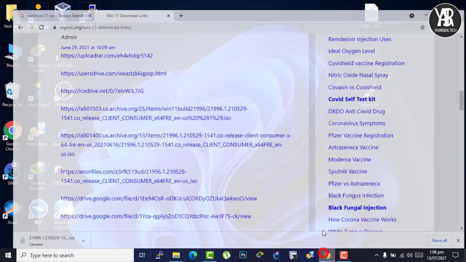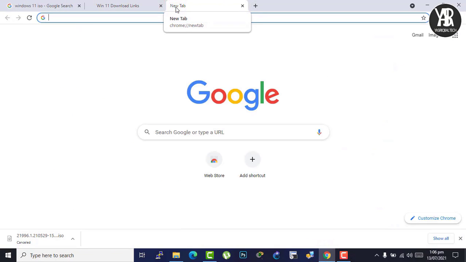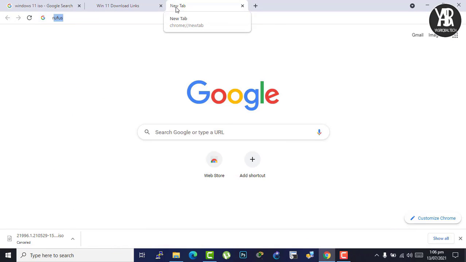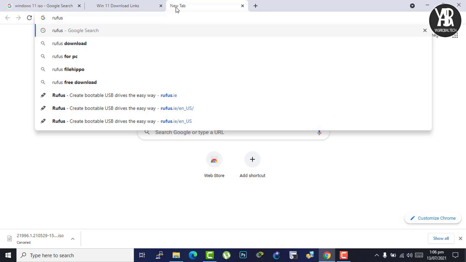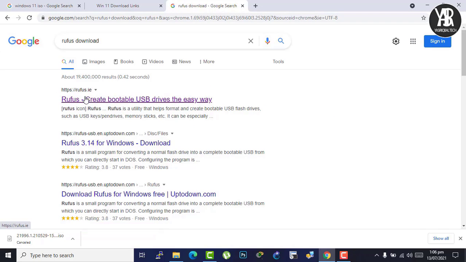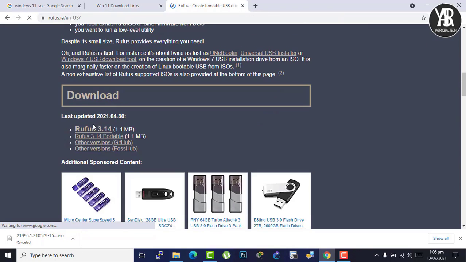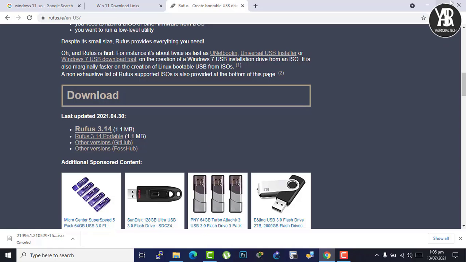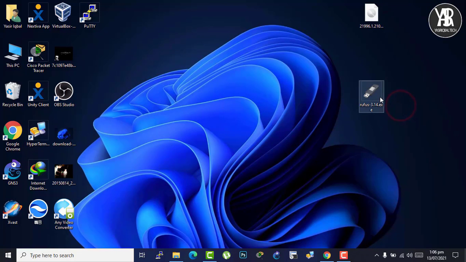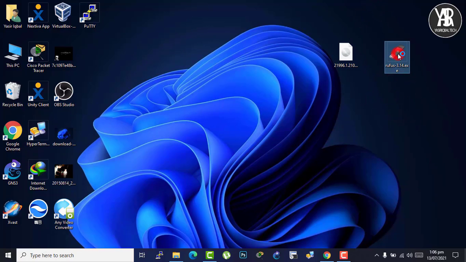You can also download it free of cost. Only type Rufus, and it's officially free. You click the simple 3.14 variant and it will be downloaded. Links will be available in the description, you can take them from there. Open Rufus